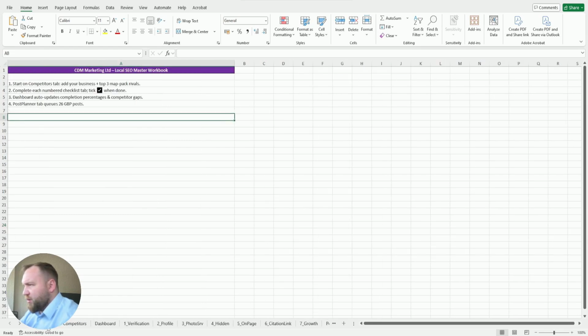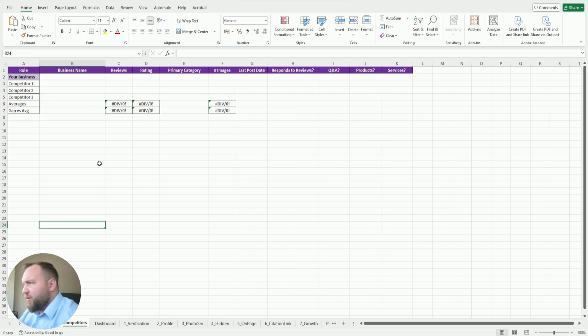Okay, so the README section pretty much just guides you through where to start, and go to the first tab, which is the competitors tab. This is where we start by getting a snapshot of your competitors. At the top here you will enter your business name, reviews, your rating, your primary category, number of images that you've got on your Google business profile, the last post update,